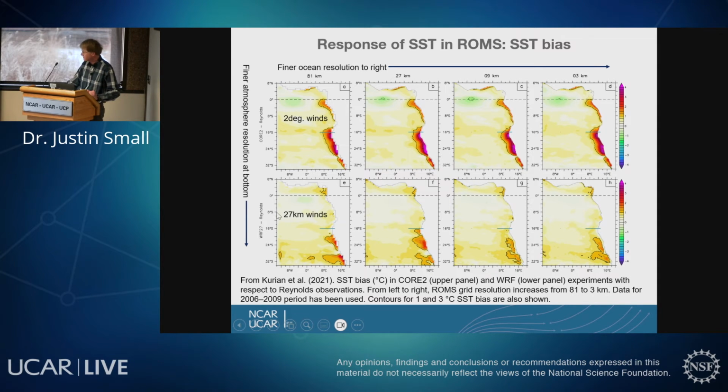If you move to WRF at 27 kilometers, which is one of the good high-resolution WRFs, you see that the SST error is much less. There's a smaller sensitivity to ocean resolution, as you go to the right along the panels. But the main take-home point is atmosphere resolution is key, and you need fine atmosphere resolution to resolve the atmosphere jet. And once you've done that, then you need the ocean resolution to resolve things like the upwelling front and the eddies. But in terms of SST, the biggest bang for your buck is the atmosphere resolution.